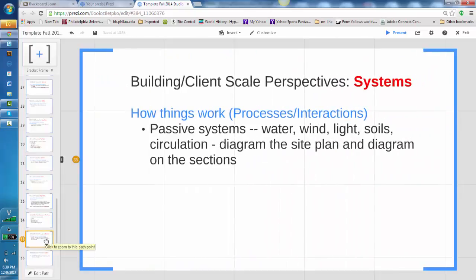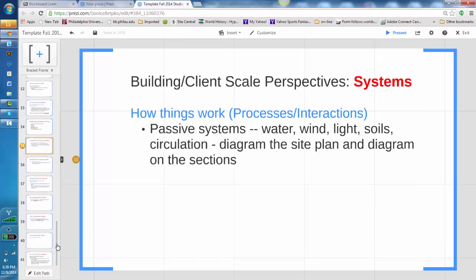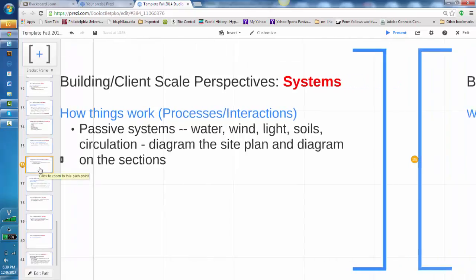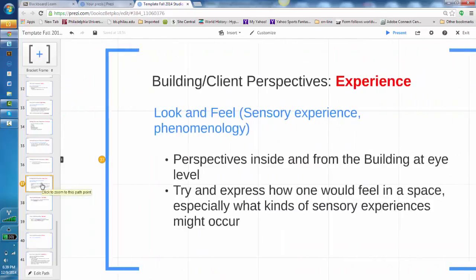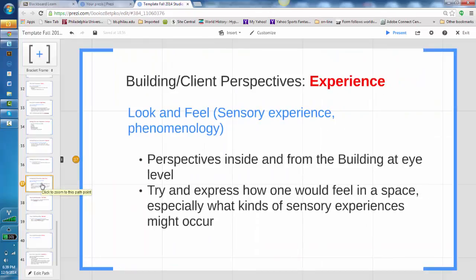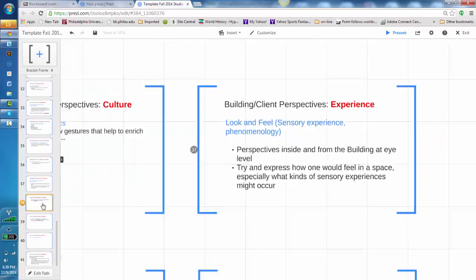The building systems, HVAC. This was actually meant to be for the site, the soils, etc. But all of the systems, how do we move through it vertically, horizontally? How do we get heating and cooling and plumbing, and lighting, and how do we get all those systems at the building scale working to the most efficiency? And certainly the client, again, just like the site, how does the building reinforce the culture of the client? And the experience. What are the sensory experiences that might occur? How do I enrich those? How do I evoke emotions in the space and create memories would be great.